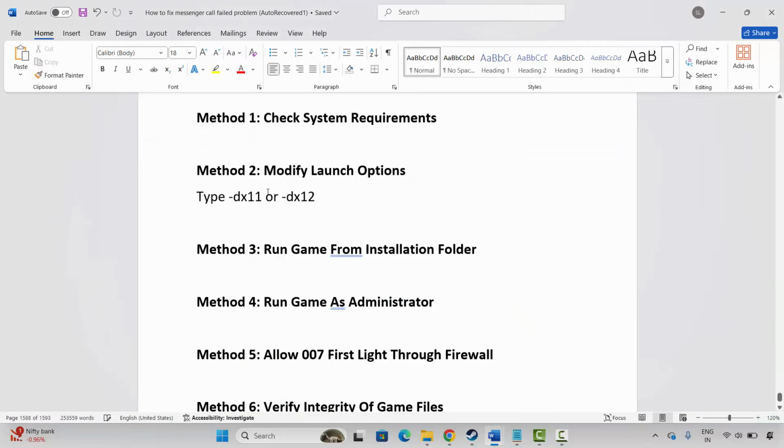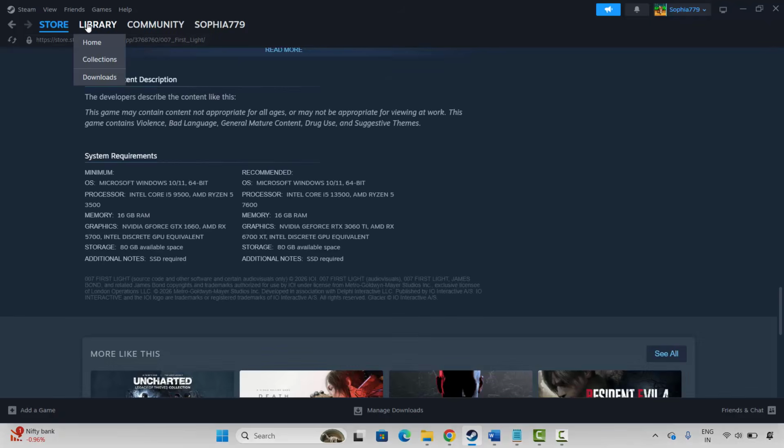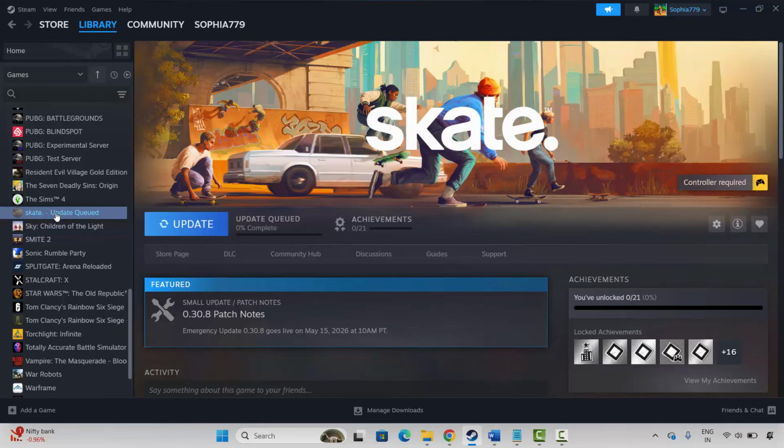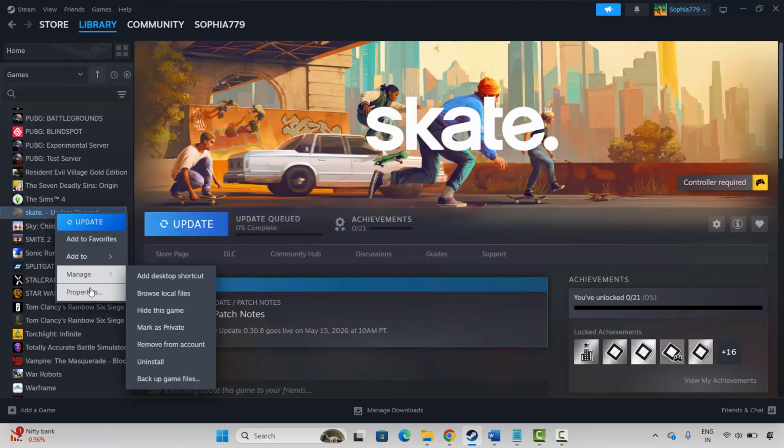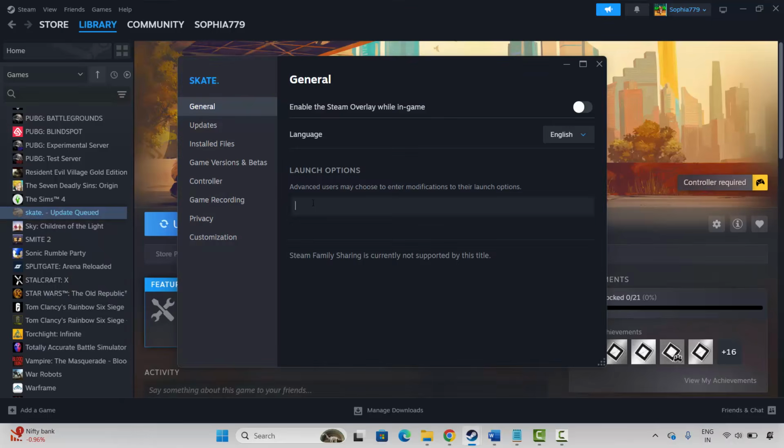If not, next method is to modify launch option. So for that, go to Steam, select your game under library section. Here I am showing you an example. Now right click on it, click on properties. Under general, in the launch option you have to type -dx11 and then try to launch the game and check if it's working. If this doesn't work, come back again, type -dx12 and then try to launch the game and check if it's working now. But if the issue still continues, come back again, remove the launch option from here and move to the next